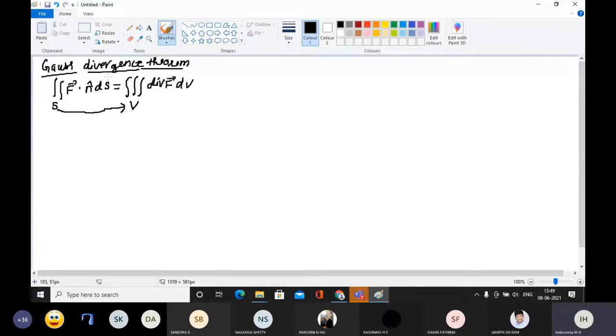In Stokes theorem, line integral is converted into surface integral, not area. So in all problems, you will not get area. In some particular problems only you will get the area at the end. So now we are going to solve problems on this. So take down the first problem.